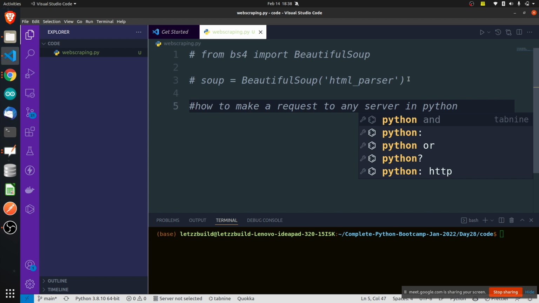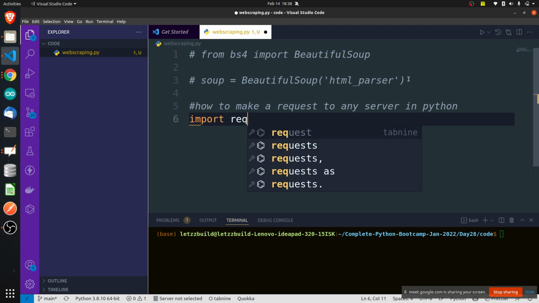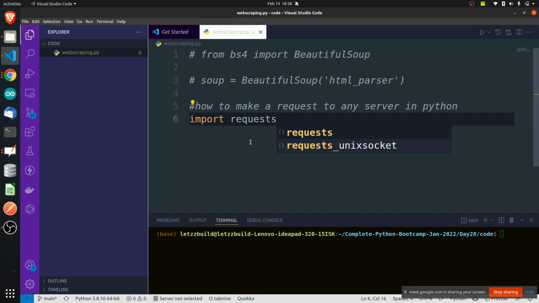Okay, so there is a library for it called requests. Import requests. Forget about web scraping for now; first see how you actually make a request using Python. If you want to do it directly, you go to a browser, type youtube.com, and that's how youtube.com opens. If you want to do it using Python without the browser, I'll show you how.